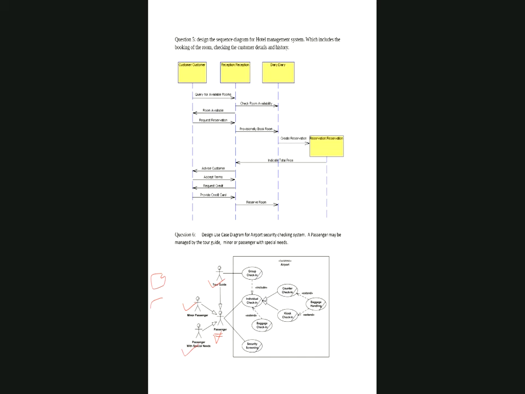Group check-in is not different from individual check-in. In group check-in, 10-20 people will be there, but those 10-20 people will again individually be screened one by one. So group check-in includes individual check-in. In group check-in, you have individual check-in. That's why I use include. It means every individual should be checked. It is not optional, it is mandatory. That's why it is include. Hope you have understood why I have written include here.